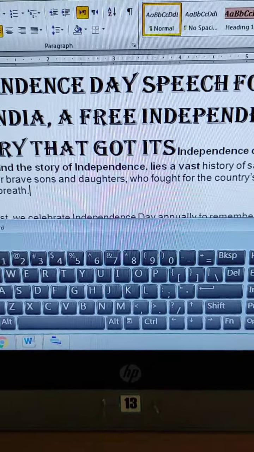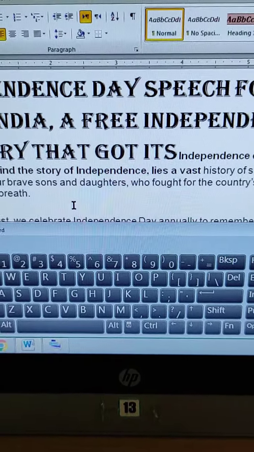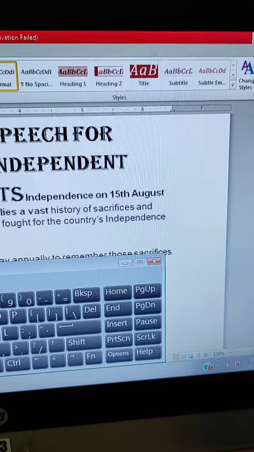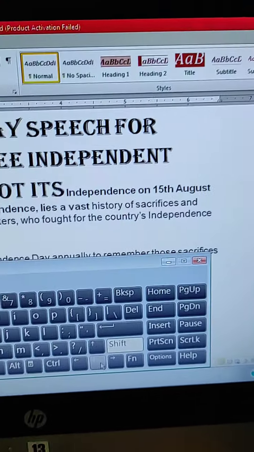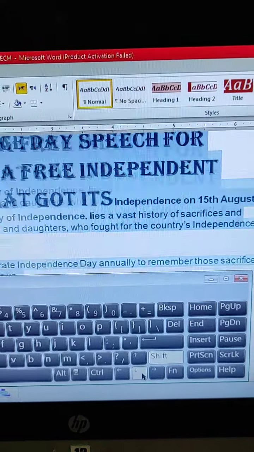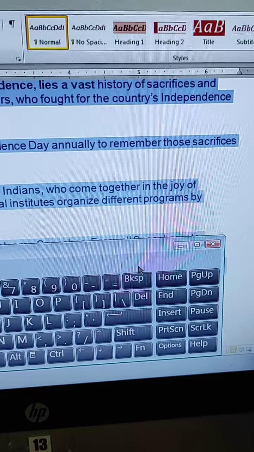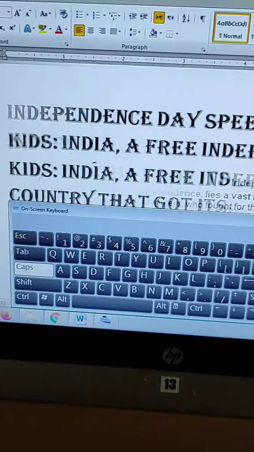Then if you want to select the line below, you have to press Shift and then the down arrow key. In this way you can select. Till the beginning of the line: Shift plus Home key.